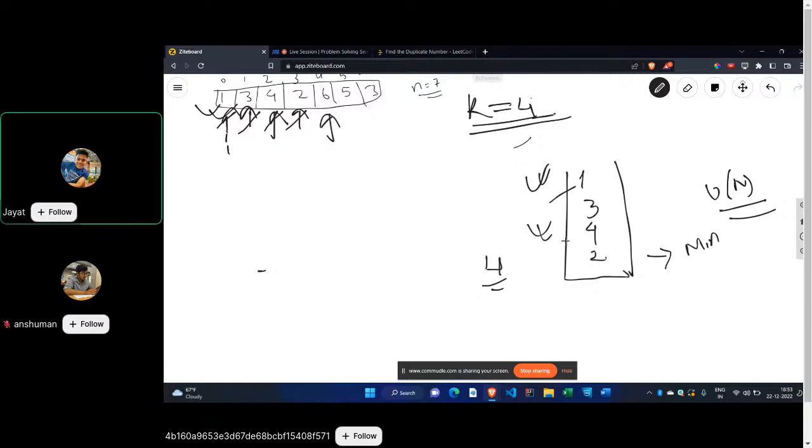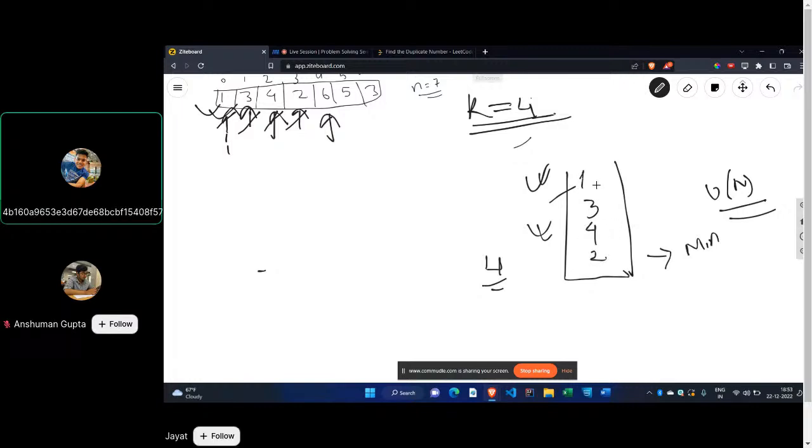पहले मैं जब 6 को एंटर करूंगा, इससे पहले 6 को एंटर करने से पहले मेरा अभी ऊपर जो है उसको मैं हटा दूंगा। इसका मतलब यह है कि ये 1 कभी भी मेरा फोर्थ लार्जेस्ट तो हो ही नहीं सकता, क्योंकि मेरे को ऑलरेडी मेरे हीप के अंदर 3 एलिमेंट ऑलरेडी प्रेजेंट है जो इससे लार्जर है, और अभी जो आएगा वो उससे छोटा है, तो इसका मतलब एटलीस्ट 1 तो मेरा कभी भी फोर्थ लार्जेस्ट एलिमेंट नहीं हो सकता। तो what I will do whenever in this type of question,